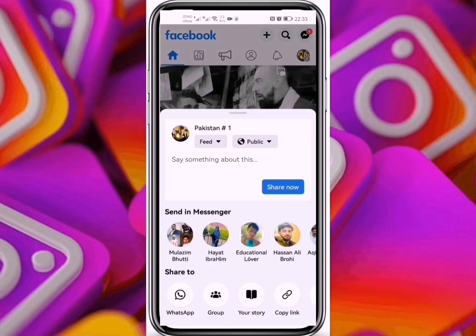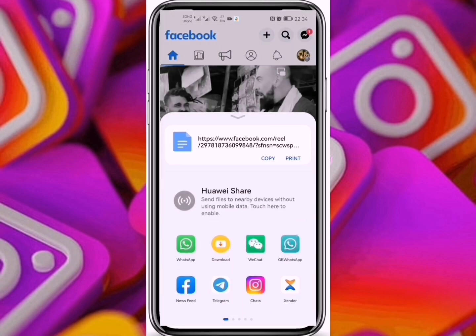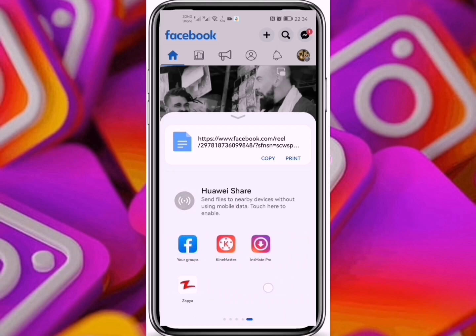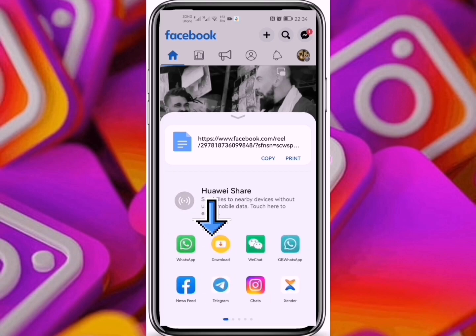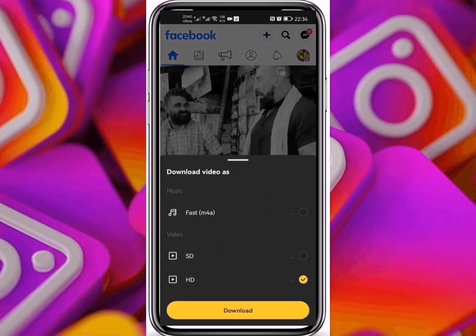Click on the share. So first we check the option of Instagram feed. There is only one option, Instagram chat, so we use a third-party app for this. So click on SnapTube, which is a third-party app for downloading this video. So you first download this video,